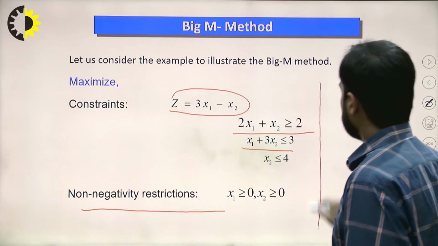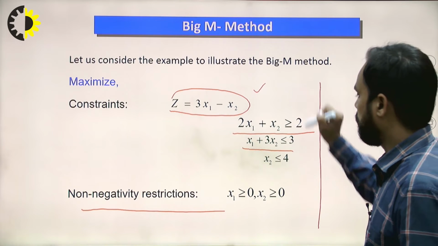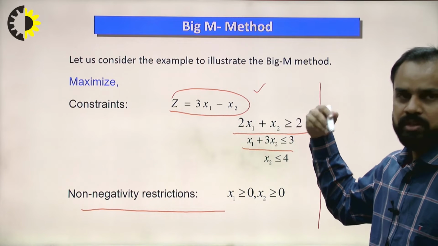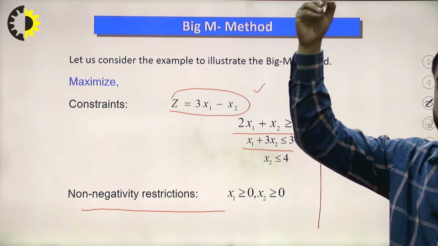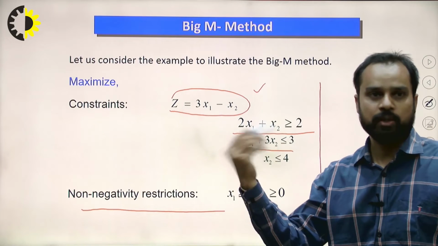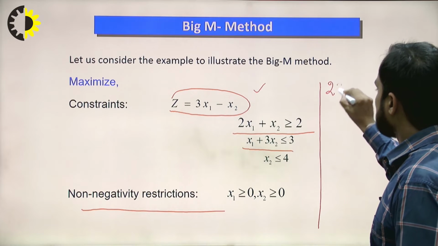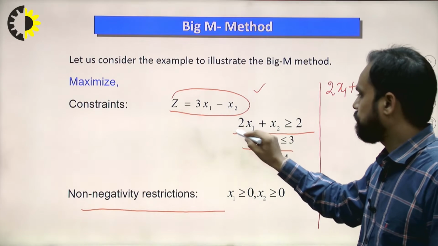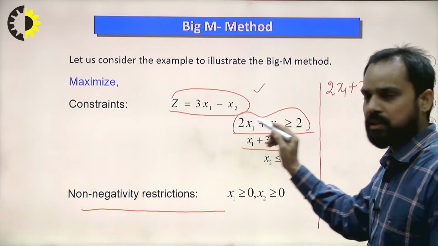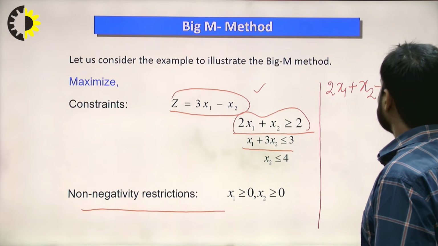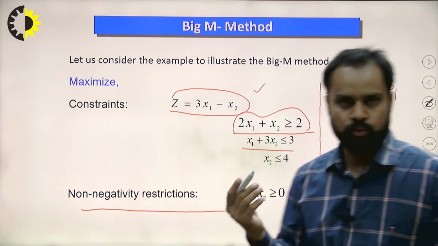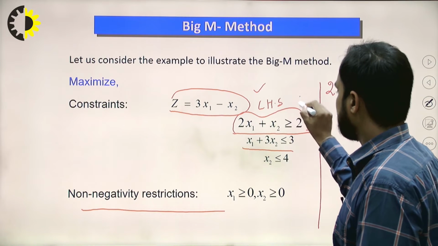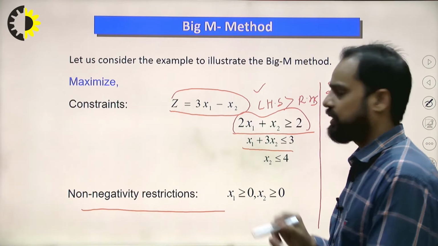So suppose this is the maximization problem and these are the constraints, okay? So just convert the constraints into equations. The first step of the simplex algorithm is to convert inequalities into equations. So we can convert 2x1 plus x2; this first constraint is of greater than type. If the constraint is of greater than type, then we have to use a surplus variable. The surplus variable is used when the constraint is of greater than type. This is the left hand side, this is the right hand side, and now the left hand side is greater than the right hand side.